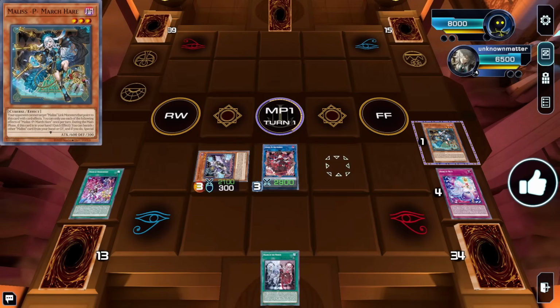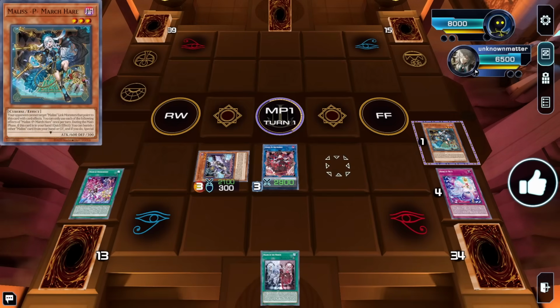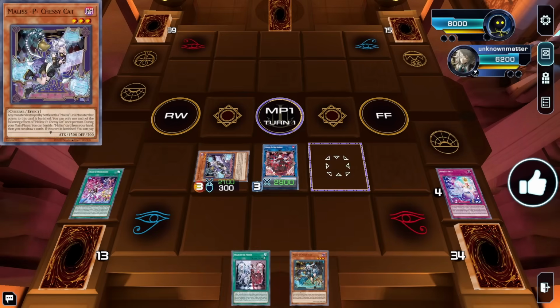However, with the addition of March Hare, it actually makes our Underground lines a bit more Nib-proof, because when we summon our Ransom and banish our March Hare here, we can add our March Hare back to our hand, and now even if your opponent Nibirus you here, they'll give you a Nibiru token. You can still use your March Hare to banish your Chessie Cat from grave, since you haven't used Chessie Cat effect yet. And then you'll have Nibiru token, Chessie Cat, and March Hare, and then you can link all three